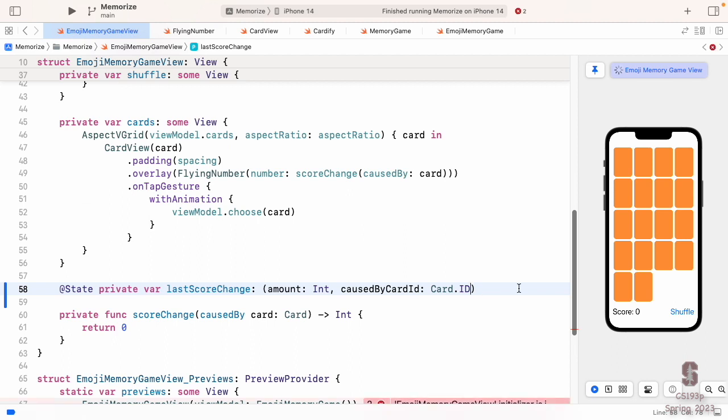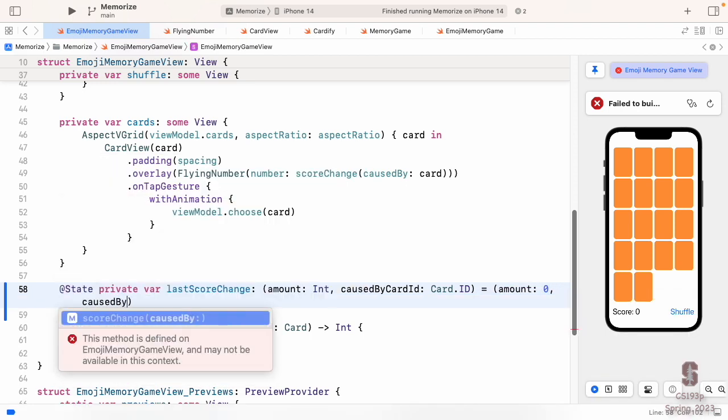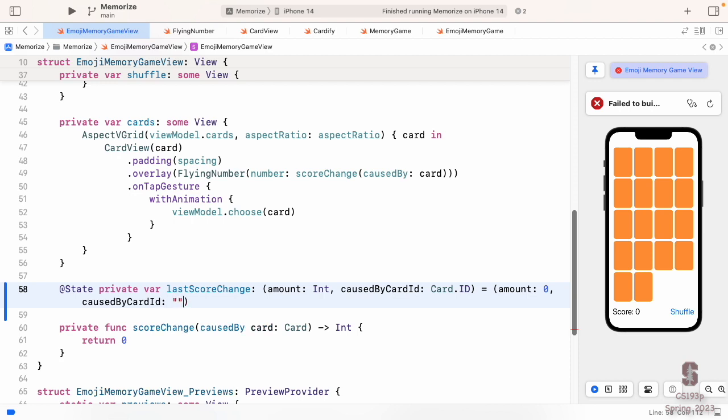And then we can assign it by, of course, just saying equals. Let's start it with an amount being 0 and the caused by card ID being empty string. We know that's not a valid card ID. One thing when we're using tuples, we use Swift type inference a lot. For example, I would not put this right here.